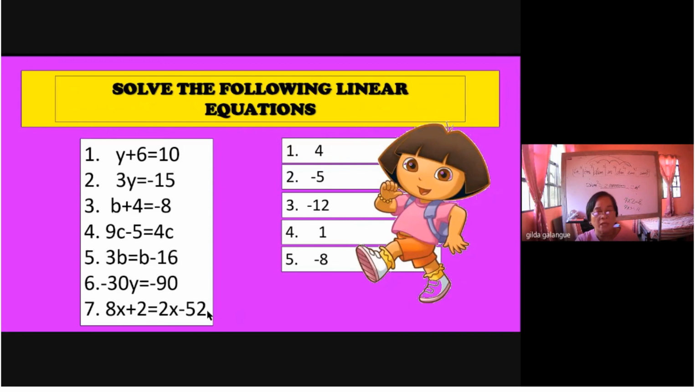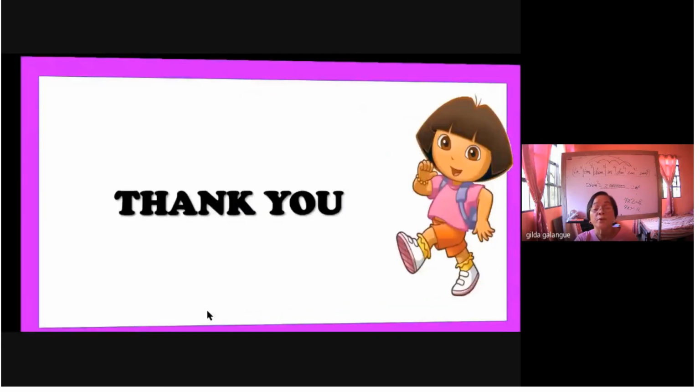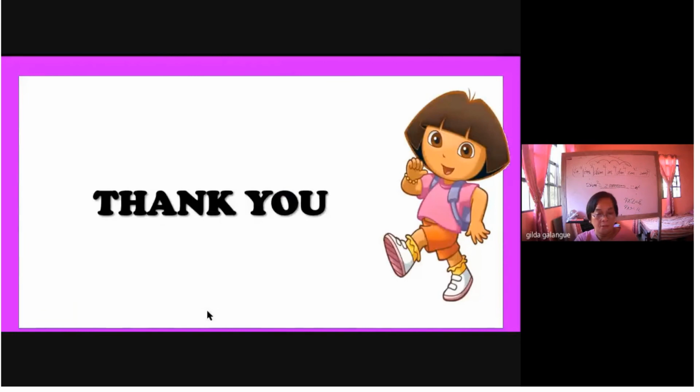b is negative 8. Dividing both sides of the equation by negative 30. Negative 90 divided by negative 30. What is the answer? The answer is positive 3. Next we have, it will become 6x equals negative 54. Therefore, negative 54 divided by 6. What is the answer? All right. Now, we are